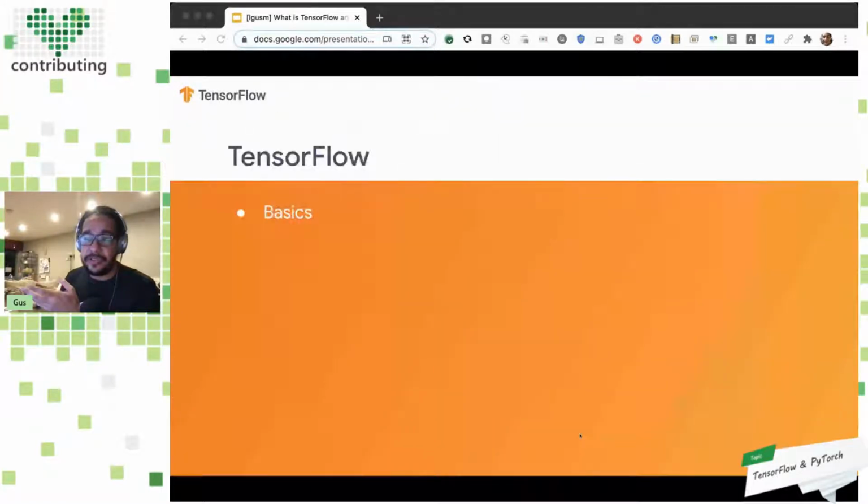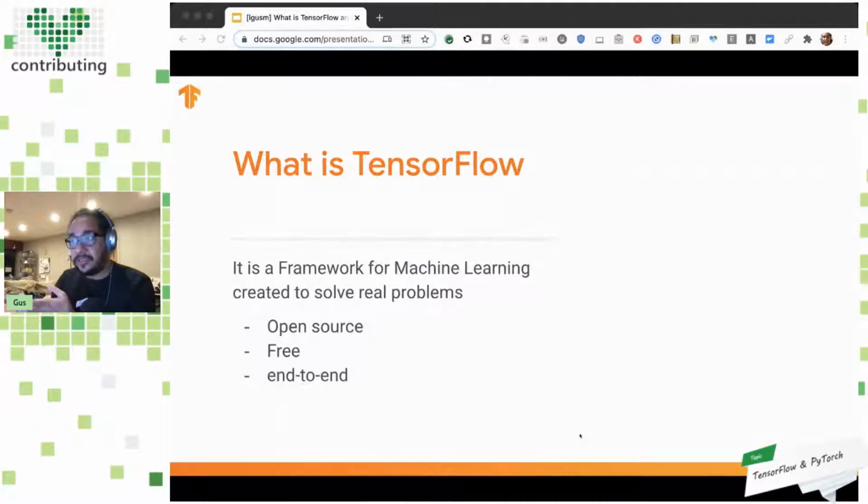And let's try to understand how TensorFlow can help you with that and why that would be a good thing to learn. First of all, what is TensorFlow, right? TensorFlow is a framework that helps you build machine learning models. It's open source, free, and end-to-end. This end-to-end is very important; I'll come back to that in a little bit. It started development here at Google, of course, and then we open sourced it in 2015, and it's been under heavy development since then.